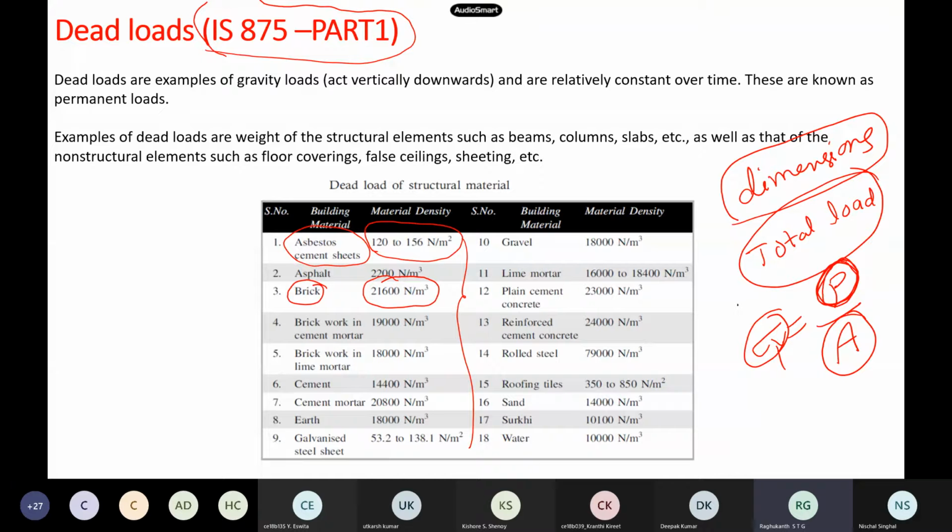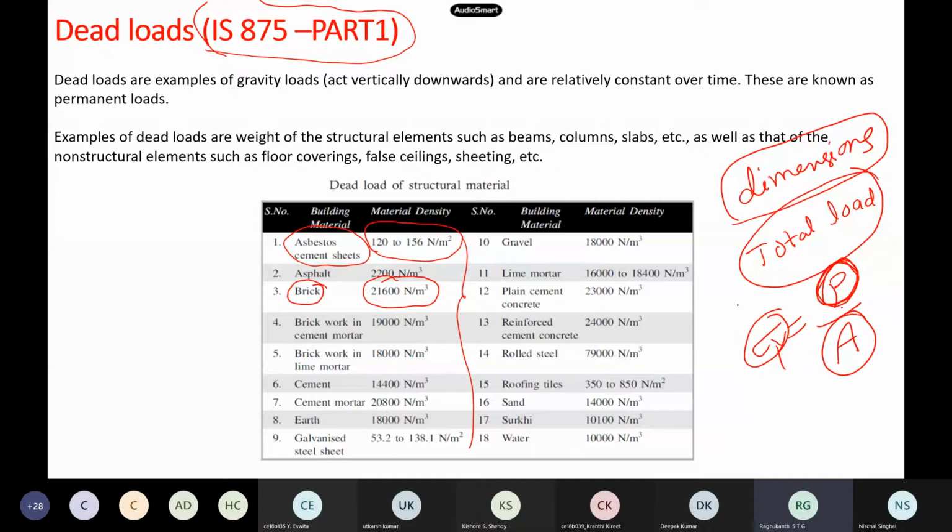Many times in design calculations, for proof checking and other things, they would have assumed some dimensions and calculated something. But finally, when they go back, there will be something like a 30% change. They would have started with some dead load, calculated the dimensions, and done the design. But when you substitute the dimensions and calculate the revised weights of the structure, there will be something like 30% variation. So it has to be done in an iterative fashion, because we don't know the dimensions. If you don't know the dimensions, you can't calculate the dead load.